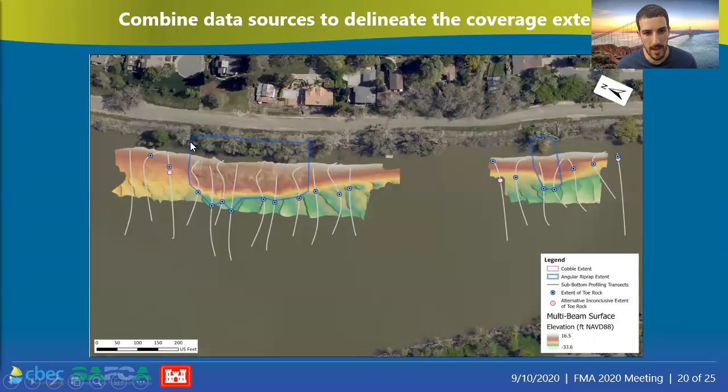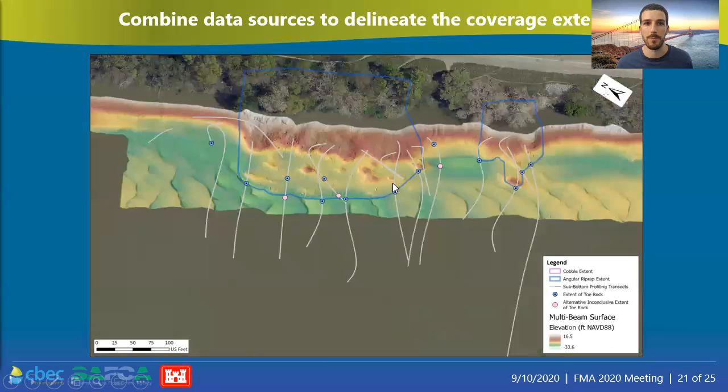So there's a subset of this bank that is the modern revetment site, which you can see pretty clearly with the change in the DEM colors here. But then we're also picking up some historic rock that is likely buried in these sands from the sub-bottom profiler signal. Here's another site with an interesting